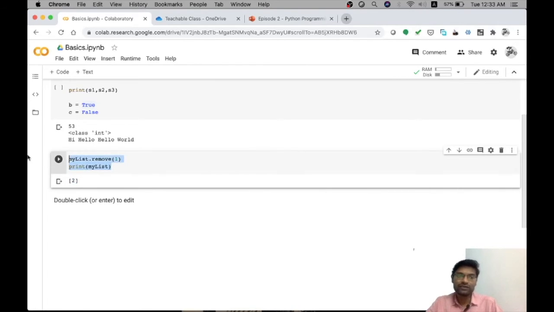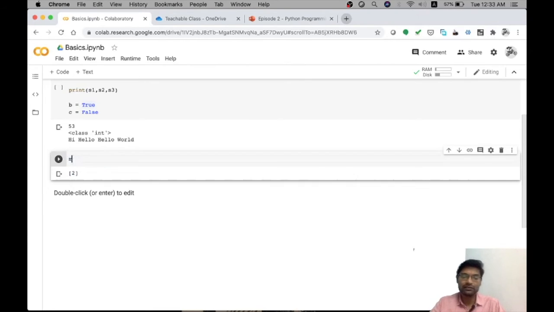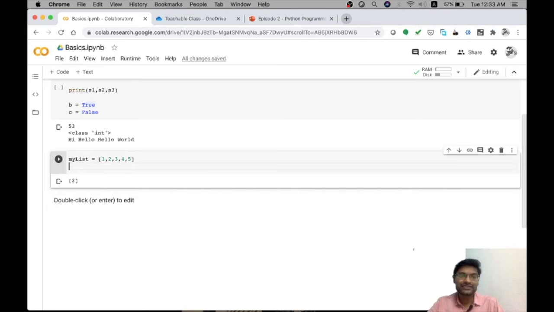So we have seen so far 5 methods. I think most of my elements are actually not there, it is empty. So what I will do is recreate the list again with 5 different elements, so that we can see the next set of functions that remain to be checked.